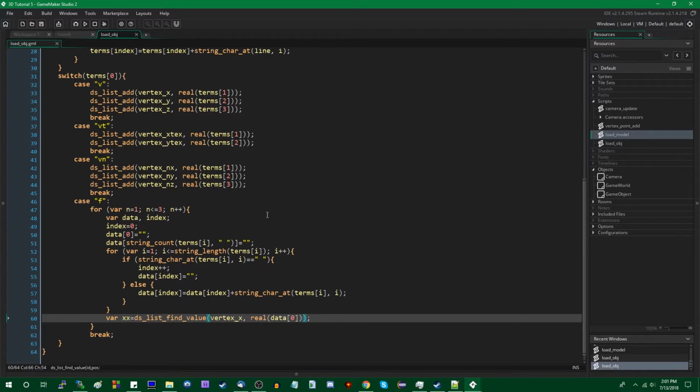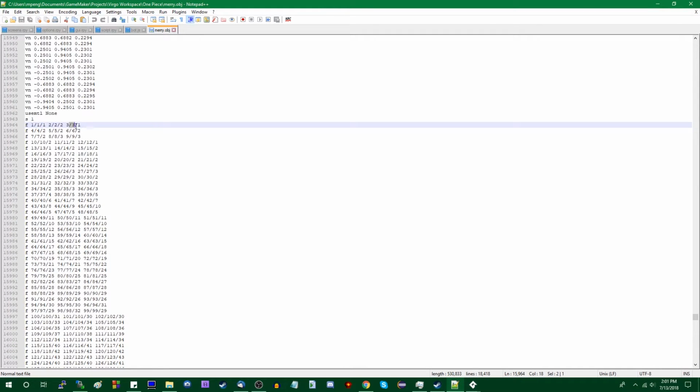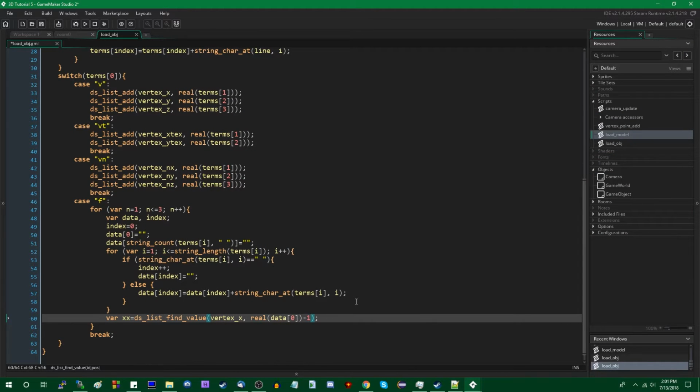Is that it? Okay, good, that will compile. And because, for whatever reason, like GameMaker's strings, the OBJ file format starts counting vertices at 1 instead of at 0. So what computer scientists would call the 0th vertex is going to be the first vertex. We're going to have to subtract 1 here. I made a big deal about that, but it's not a big deal.